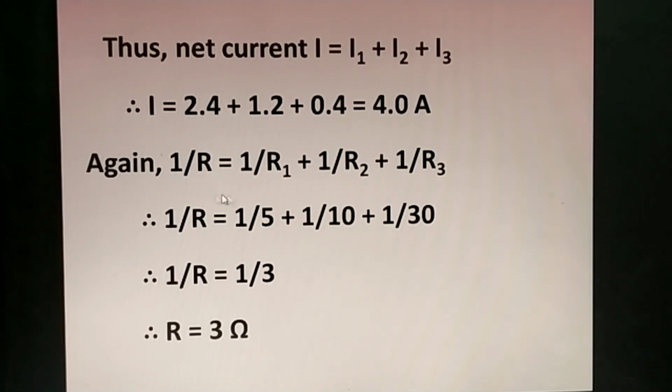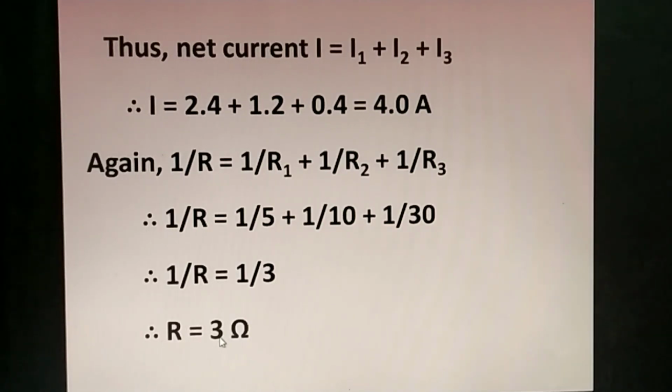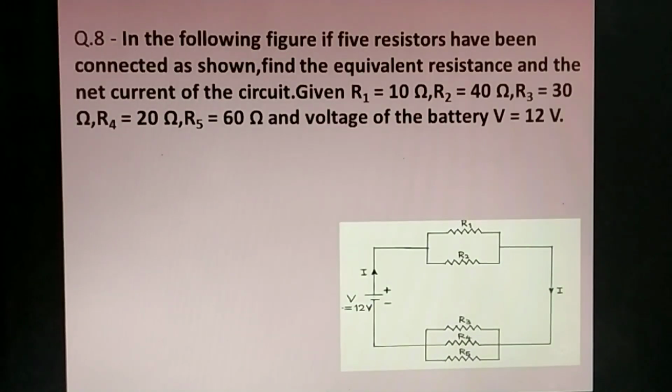Again we have to find out the equivalent resistance find out करना था. तो equivalent resistance के लिए for parallel combination क्या था? 1 upon R is equals to 1 upon R1 plus 1 upon R2 plus 1 upon R3. Now we substitute all the values in this. तो and after taking the LCM, इसको LCM लेके solve करना है. Then you will get the answer 1 by 3 and 1 by 3 is the value for 1 by R. और हमें R की वैल्यू चाहिए, तो R की वैल्यू कितनी हो जाएगी? सिर्फ 3. सो आंसर विल बी 3 ओम. तो हमें तीनों आंसर्स मिल गए हैं. नाउ द नेक्स्ट क्वेश्चन.